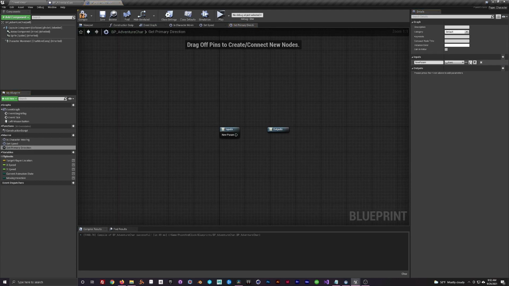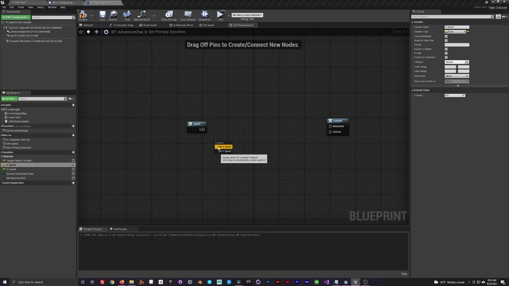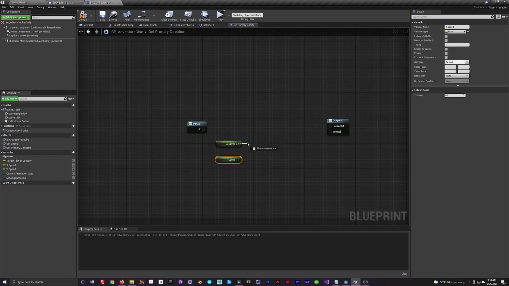macro that we'll call get primary direction. And then we're going to have an in pin, but then the output is going to be 2 exec pins. One's called horizontal and one's called vertical. Bring in the X and Y speeds